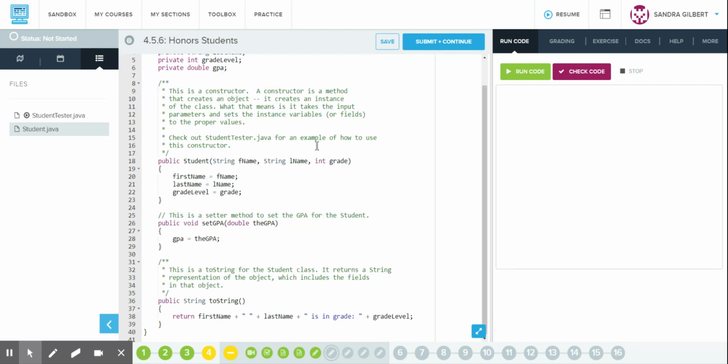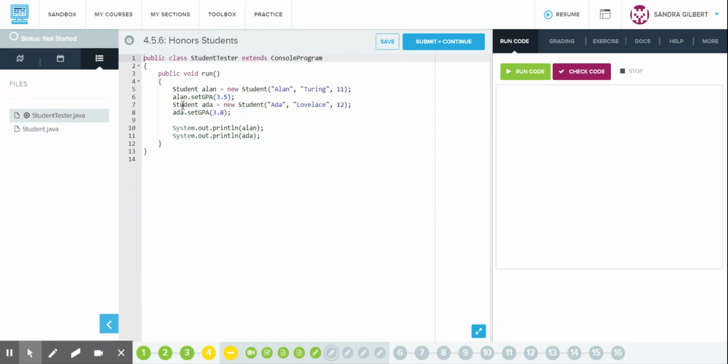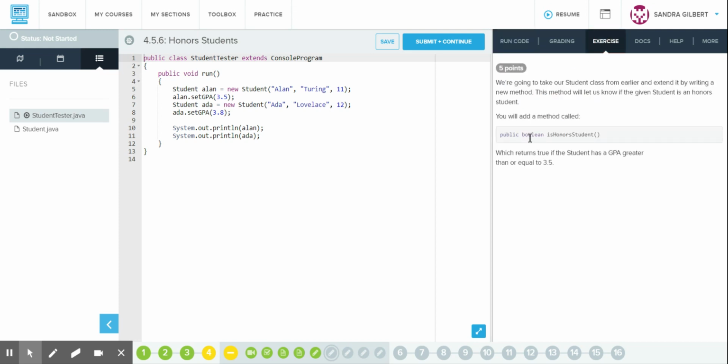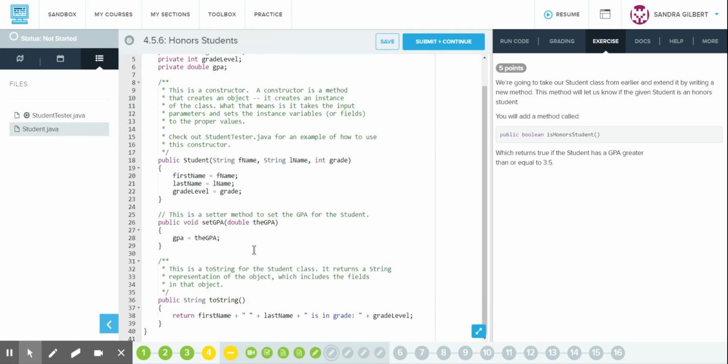Check out the student tester to see an example of how to use this constructor. So if we go here, we have these set GPAs, so we hit run. All right, so we can see that it prints out their names, it prints out their grade. It does not print out the GPA. So we want a public Boolean is honors student. All right, so if we go here